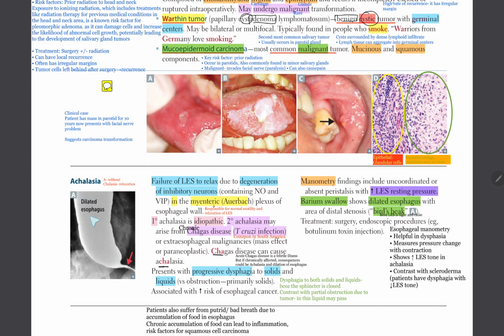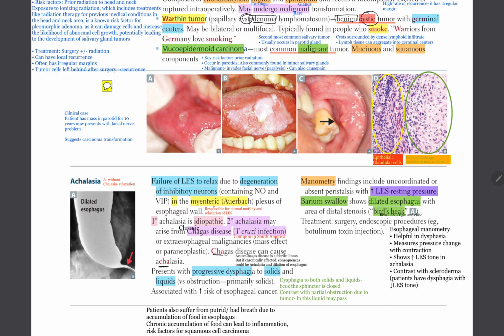Since the food is getting stored, the esophagus gets dilated, and since there is failure of the LES to relax, there is stenosis in the distal part of the esophagus. This represents a bird's beak, because the LES is tight and closed. So barium swallow reveals a bird's beak, and treatment includes surgery, endoscopic procedures, and botulinum toxin injection to relax the muscles,